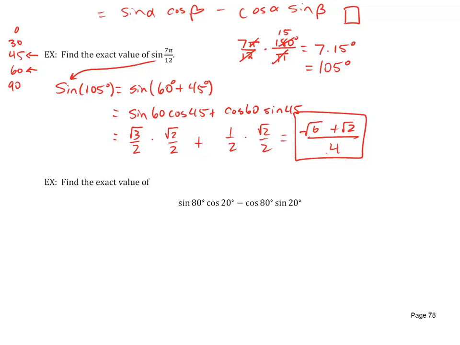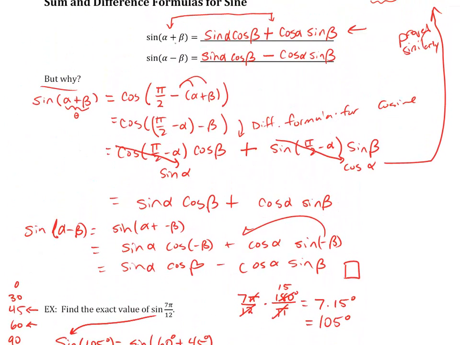Now the next question actually allows us to apply the formula in reverse. So in this case, we see that we've got sine, cosine, cosine, sine. So we know it's a sine of a sum or difference. And because this is minus, and we know with the sum and difference formula for sine, these signs right here match. If I got a minus between a sine, cosine, and a cosine, sine,